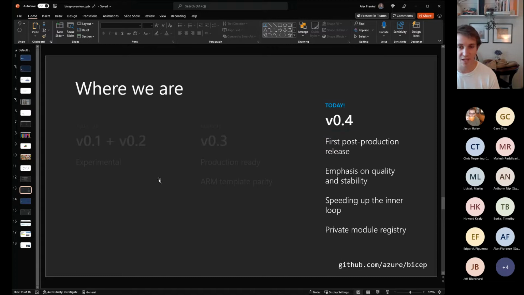Cool. So this normally animates, but I'll just get right to it. So the project is about a year old right now. So we had a 0.1 and a 0.2 release that we got out really quickly. And that was just to get it out there and to get feedback and to get people's reactions on the